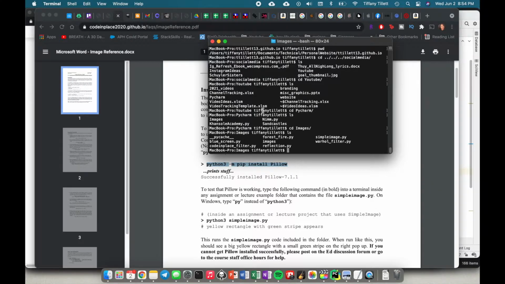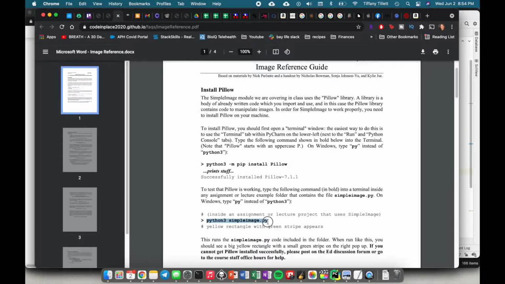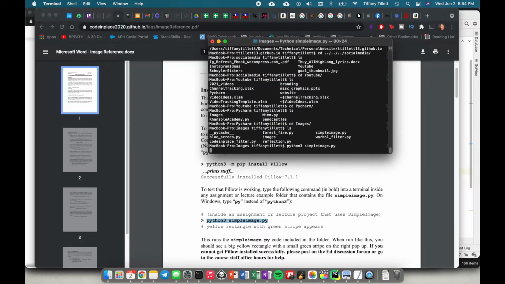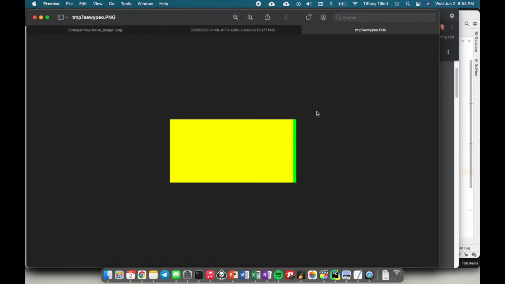So these files, the link to download this will also be in the description box. So there are some image files that you'll definitely need for this. So make sure that you download those and you can put them in whatever folder. It doesn't really matter. Just make sure that you are aware of it. So we have this python3 simple image.py. So I'm going to copy that, paste into my command window, and I ran it,